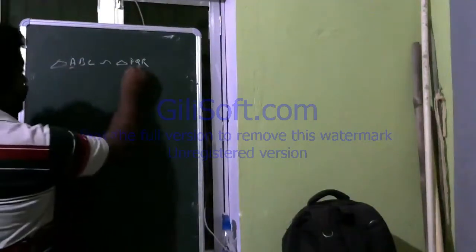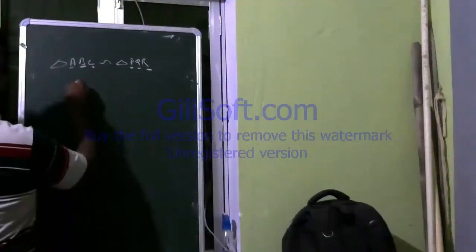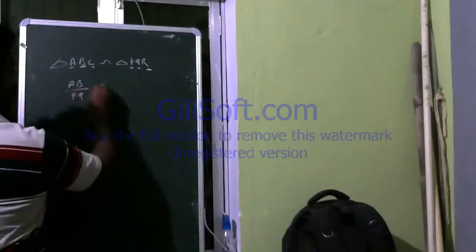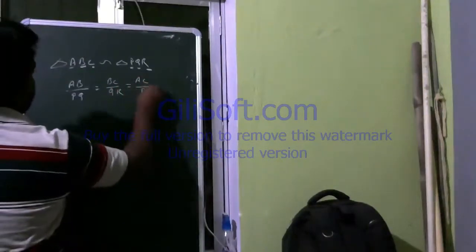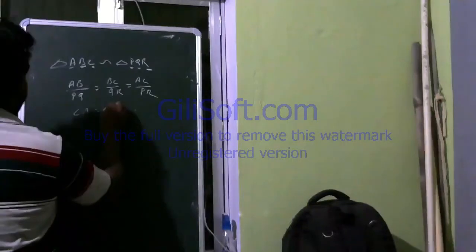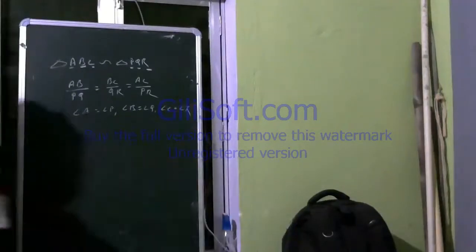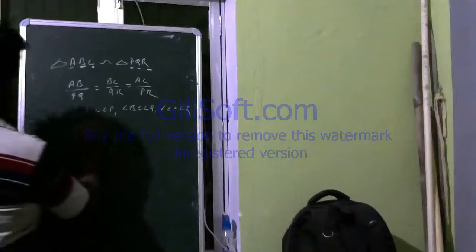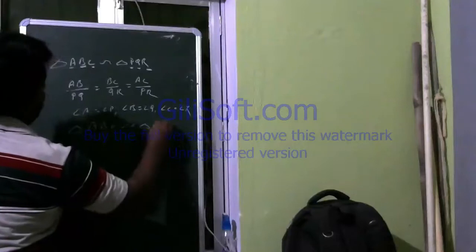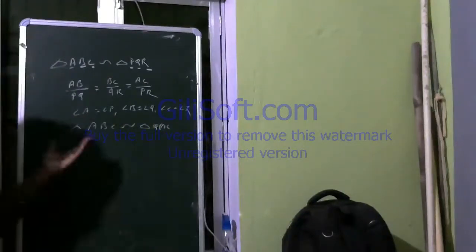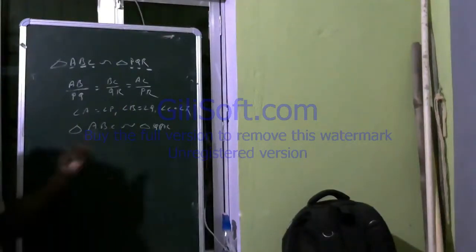A's corresponding part is P, B's corresponding part is Q, and C's corresponding part is R. So if we write here AB by PQ and BC by QR is equal to AC by PR, angle A is equal to angle P, angle B is equal to angle Q, angle C is equal to angle R. If you write triangle ABC similar to triangle QPR, or some students told me several times, sir, क्या हो गया, ABC बोले या ABC triangle PQR बोले या QPR बोले तो क्या फर्क पड़ता है? फर्क पड़ता है,